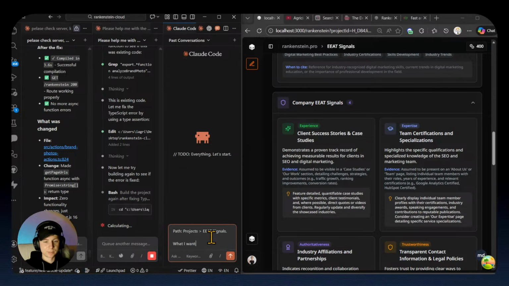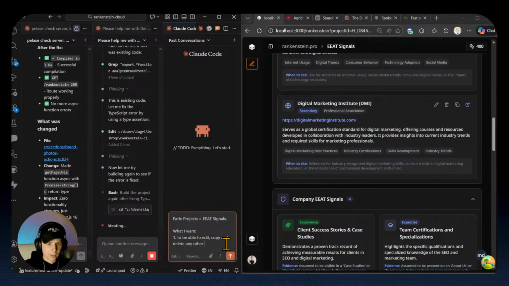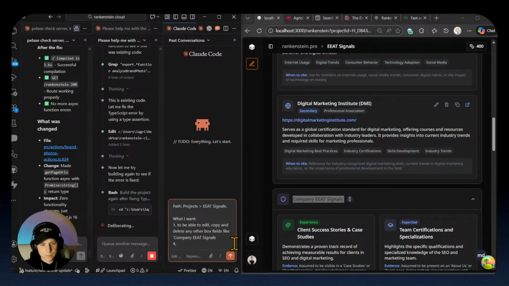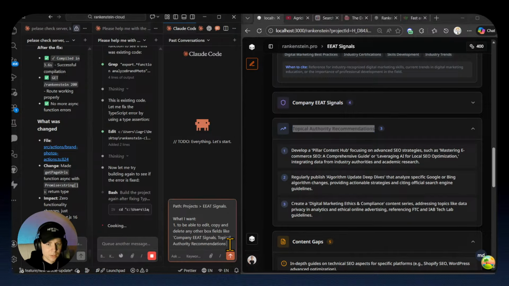What I want, first, is to be able to edit, delete, or edit, copy and delete any other box fields like company EEAT signals, which is basically this box, right? The topical authority boxes,